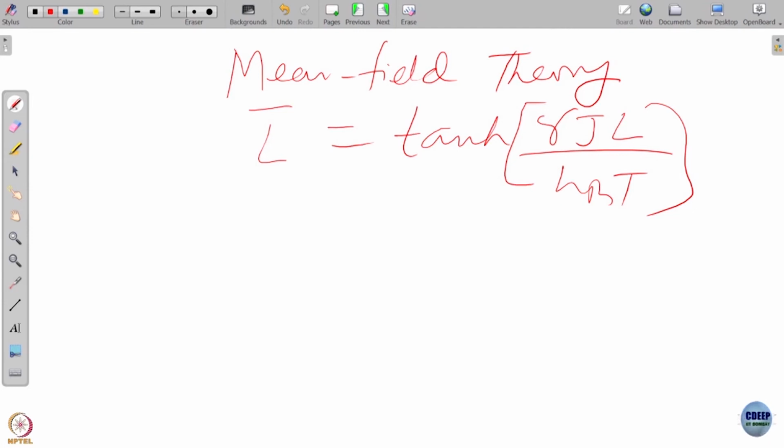Both have to be solved numerically, but in some cases, as you showed, after doing the numerical work, there is some analytical work one can do and one gets the magnetization as a function of temperature with a critical exponent beta equal to half, which we call the mean field exponent, and that does not do a good job. But the beauty of the whole thing is that it does describe the phase transition.